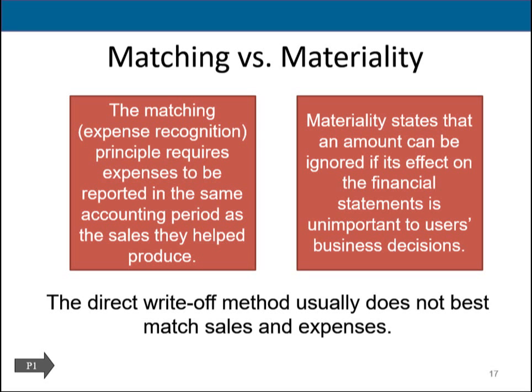Another principle comes into play, materiality. Materiality says that it's a small amount, let's handle it the easy way. So if a company has very few bad debts, it can use the direct write-off method. But if it has a